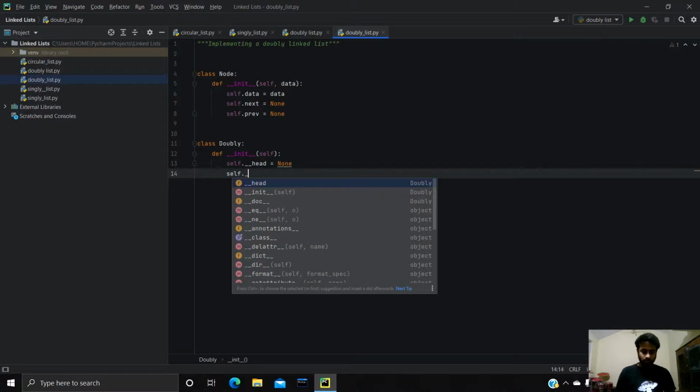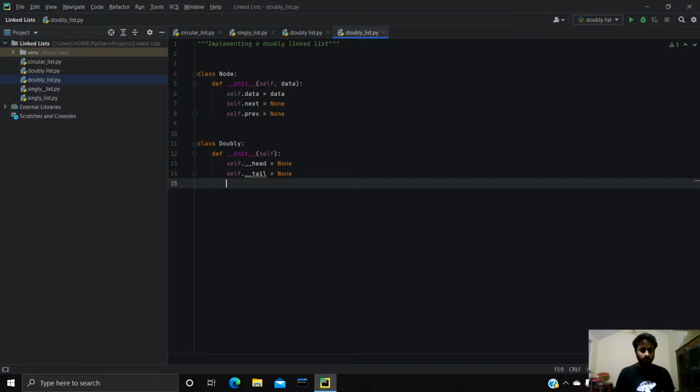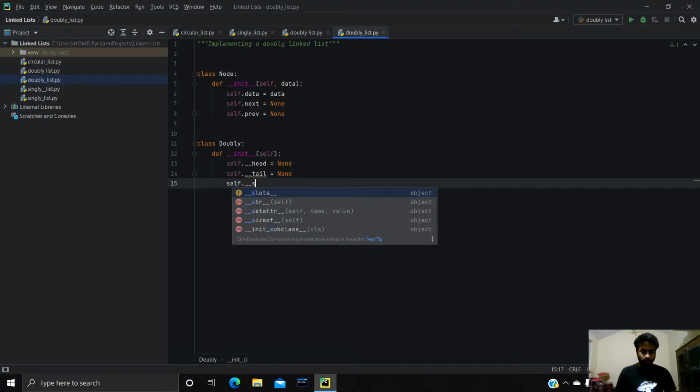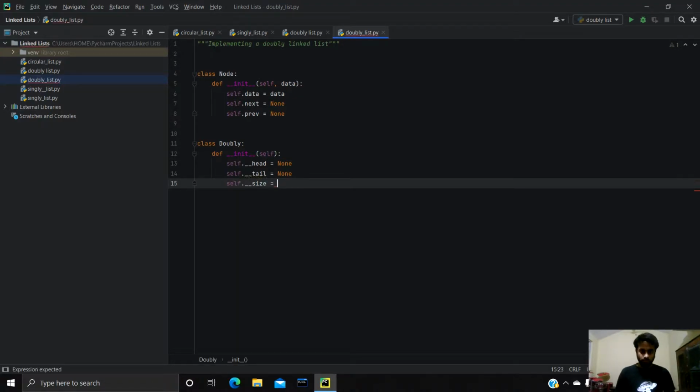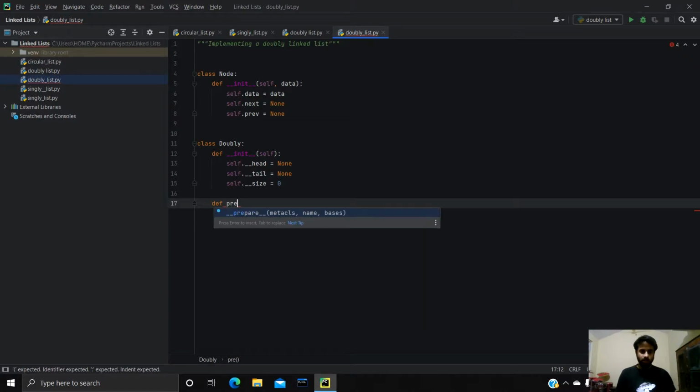Self.tail_node equals None. Self.size equals 0, initially it's going to be 0. And this head node, as you all know, is the first node and the tail node is the last node. Okay, so let's make our first method, and it's going to be prepend,